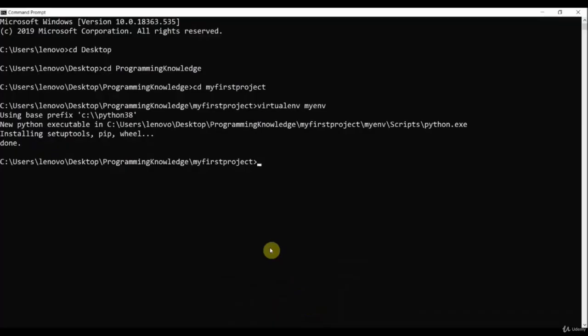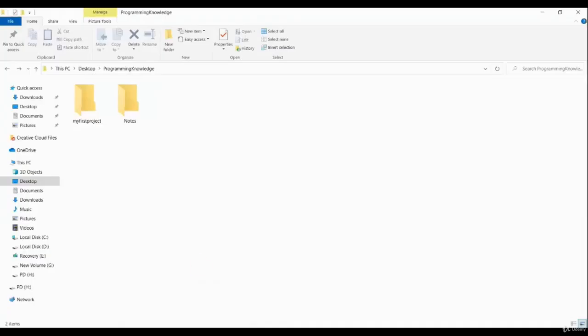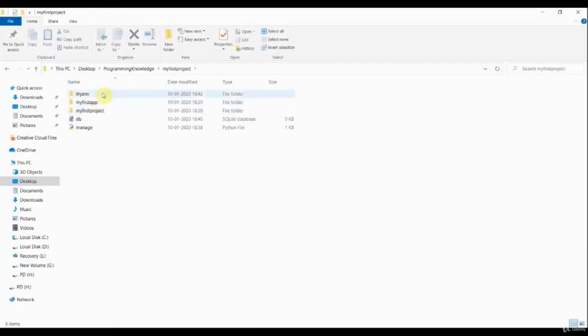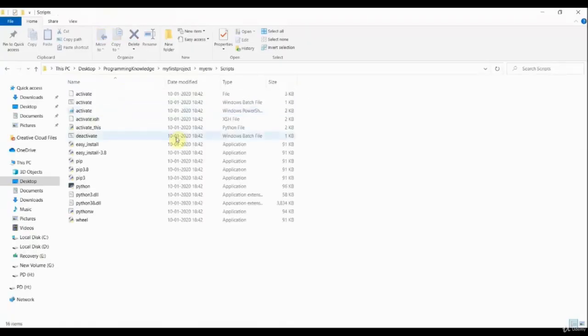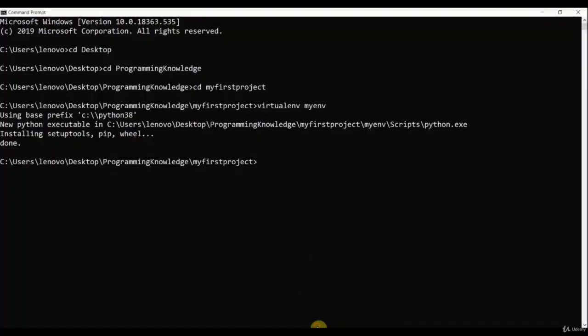Now I would activate. Before this, I would like to show you that I'm in the folder programming knowledge. Now I'm in the project directory. This my env variable has been initialized with the folder. So you can have a look at this folder, my env, scripts. Then there is activate. In order to activate this variable, what I need to do is